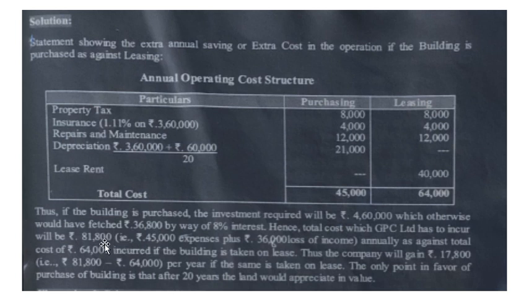So how did you get 81,800? If you purchase from the money you have, that is 4,60,000, you need to bear a cost of 45,000, plus 36,800 loss of income. So this 36,800 is loss of income. So the total expenses or total cost incurred by GPC is 81,800. You can ask me why 36,800 loss of income is added to it.